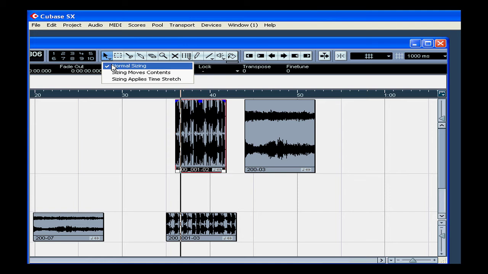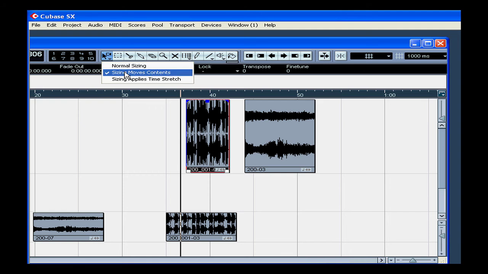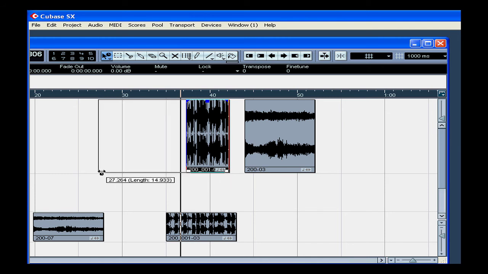Normal sizing resizes or moves the start and end point of an event. Sizing moves both contents and events, and resizes in the direction you move your mouse. Sizing applies a time stretch,